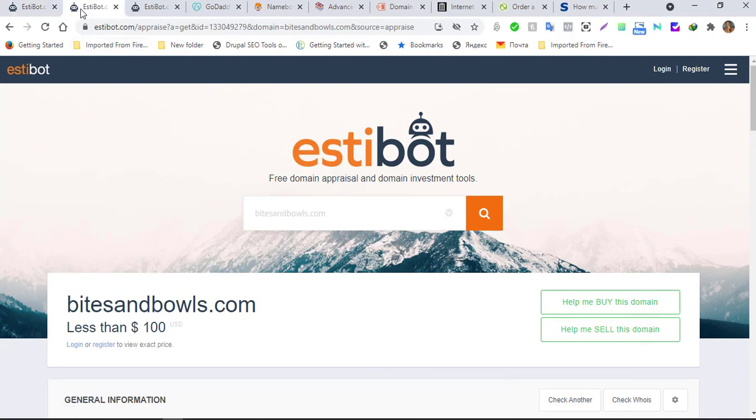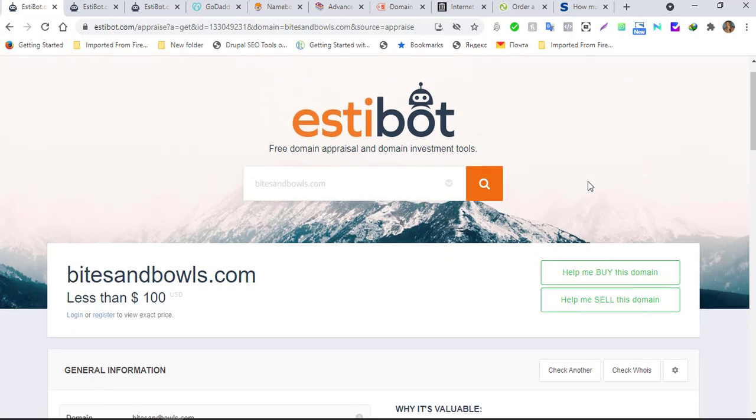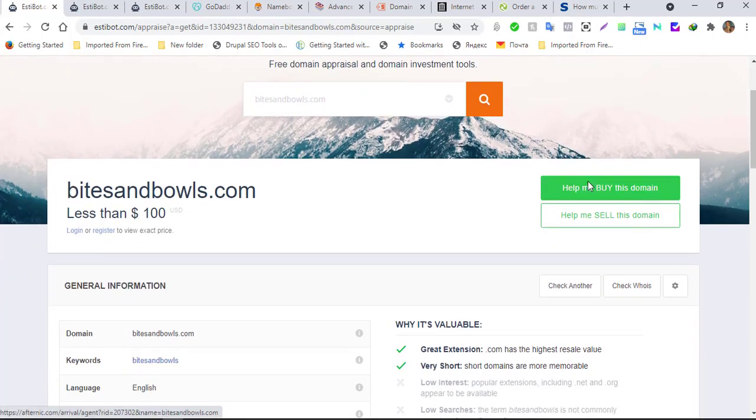Now what you do is that, as I said, you use the STBot tool, and you put in your domain in here and click on it. So it will just appraise the domain. You could also try this and just click on appraisal, or open a new tab, and it will take you to still the STBot appraiser too. Now for Byte and Bones, this is what it is telling us. It is telling us that the domain name is less than $100. Now please note, this particular domain name Byte and Bones is actually worth more than $1,000. You see, it has articles in it,